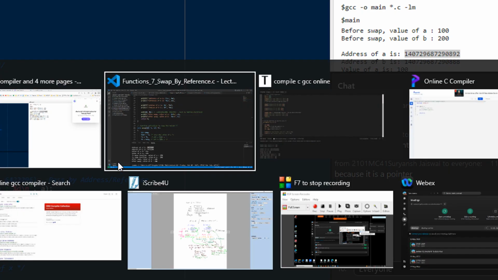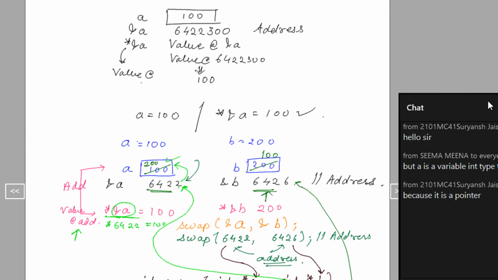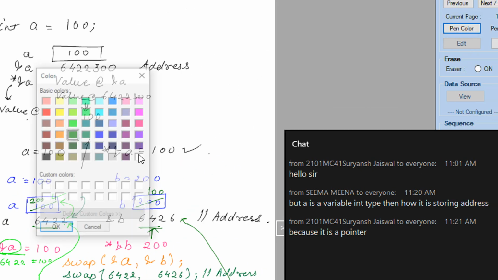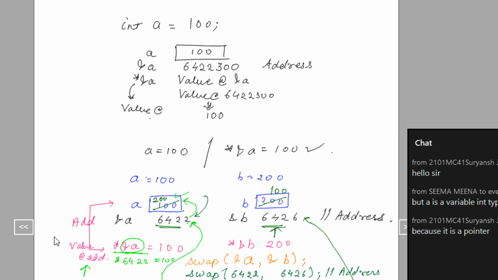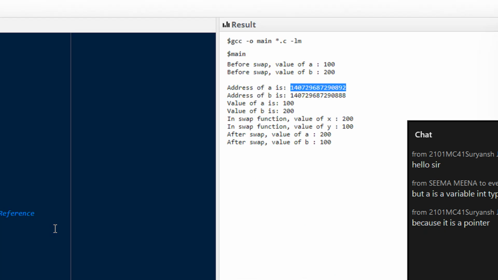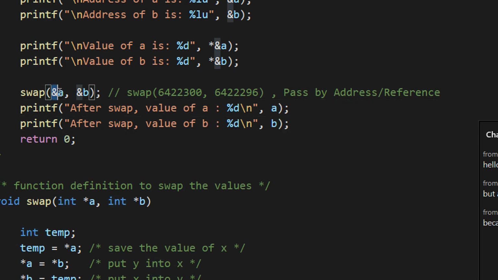I forgot to tell you about this point. Let me change the pen color to black. So I'm writing it here. When we say integer star A, that means A will hold the address, right? Star A will give me that value. And what does integer specify? The value that is stored at this address is of type integer. So for example, when you say ampersand A,